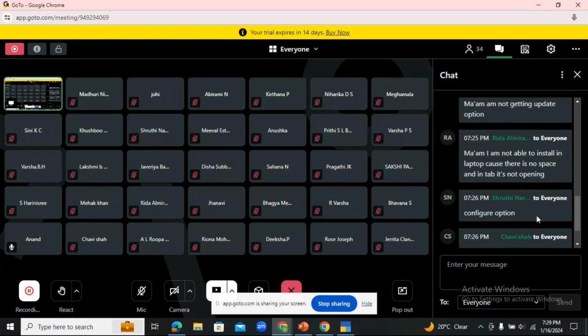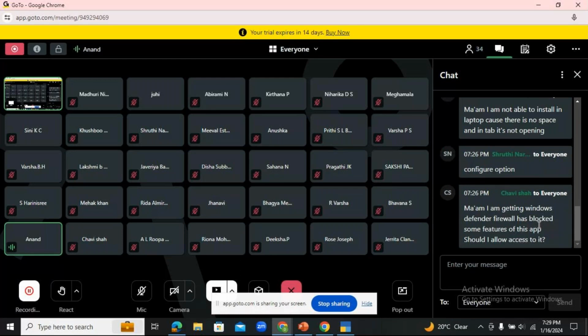Because you're downloading from the official website, right, Chavi? So I think it should not be an issue. See to it that you have a proper, safe installation of TallyPrime.